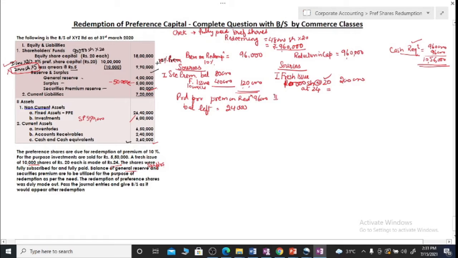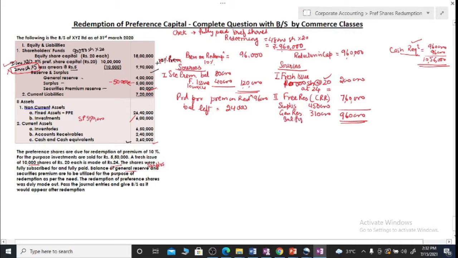So if our proceeds are 2 lakh, then we need to have free reserves transferred to CRR with the balance amount. Since our total has to be 9,60,000 that we are to arrange, we will have 7,60,000 of CRR. So how will we arrange it? We will first be using surplus. Now look at the surplus balance. We have in surplus 4,50,000 available with us. Then we will be using general reserve. So general reserve requirement is 3,10,000. Do we have enough reserve with us? Yes. So we can use 3,10,000.